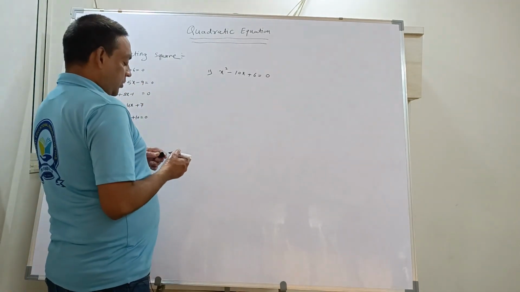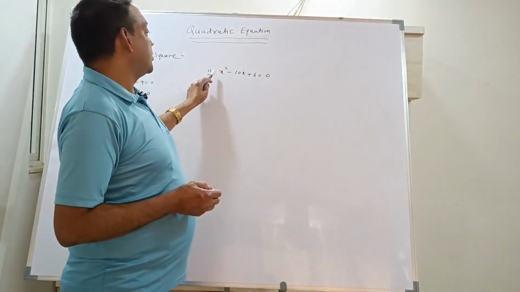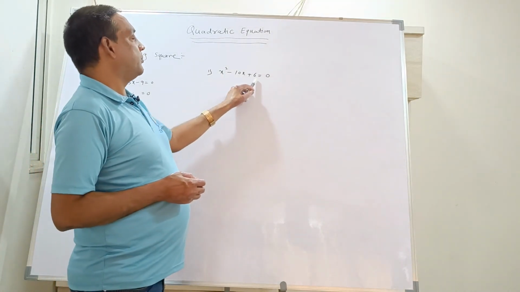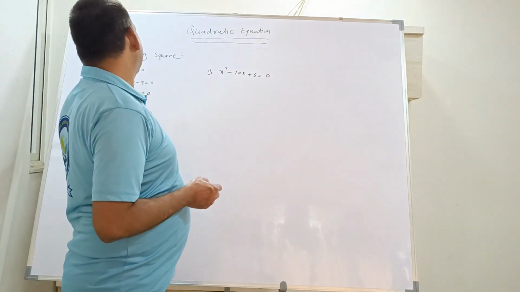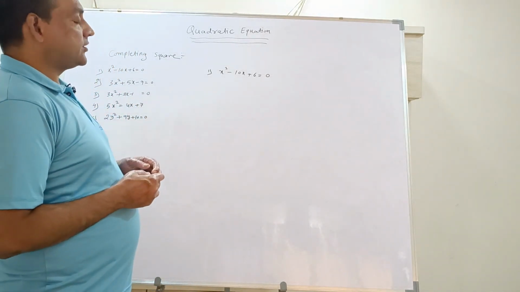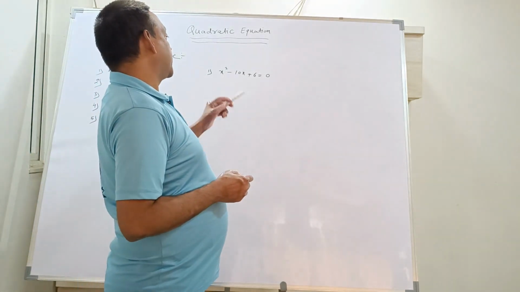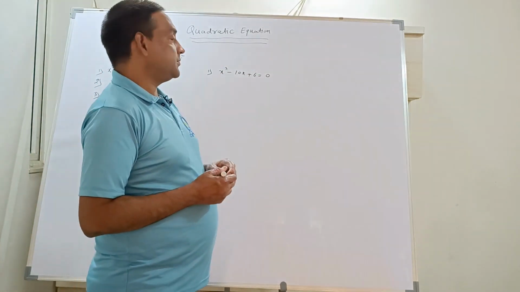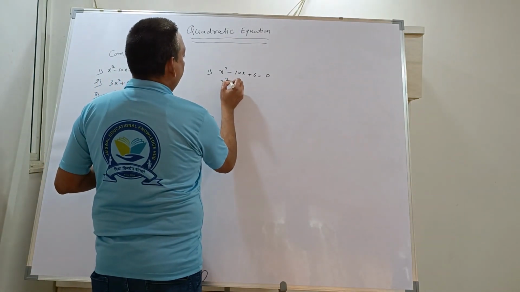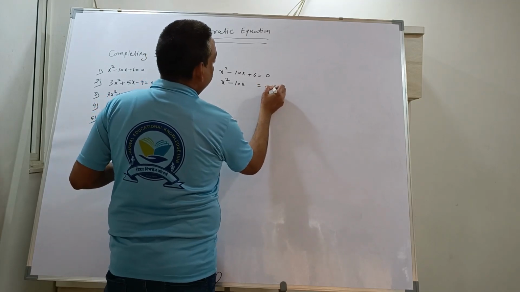Okay, so what is the first rule in completing square? Make sure no number is given before x square. So in sum number 1 they have not given anything before x square, so no need to divide by anything. Our second step was to take the constant number to the other side. So we have x square minus 10x is equal to minus 6.